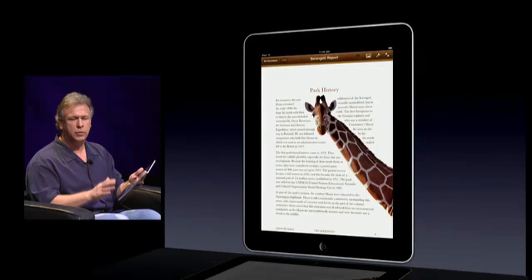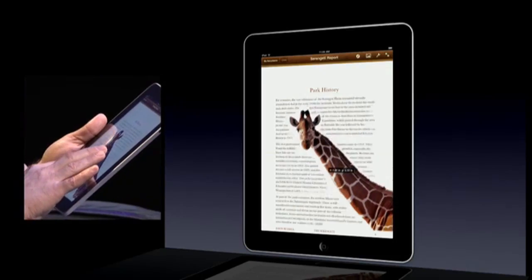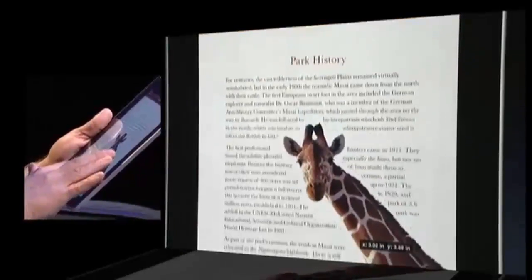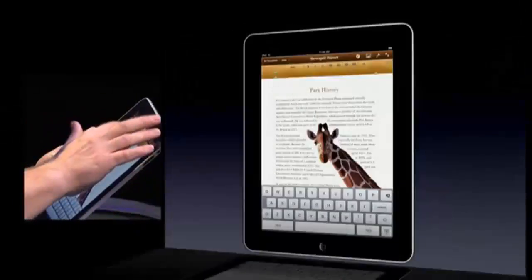Now, here you see something really advanced happening. We're seeing automatic text wrap around a graphic. I can hold down on this giraffe's head and start moving it around, and you see the intelligent auto wrap happening. I can tap on the text to type, or I'm going to tap the info button on the top to